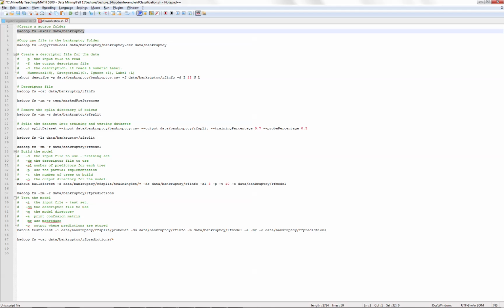The first command actually creates the directory data/bankruptcy, and then copies the file data/bankruptcy.csv from the local directory to Hadoop using the copyFromLocal option. So you run this line, then it will copy the files from local to Hadoop, and then you run the